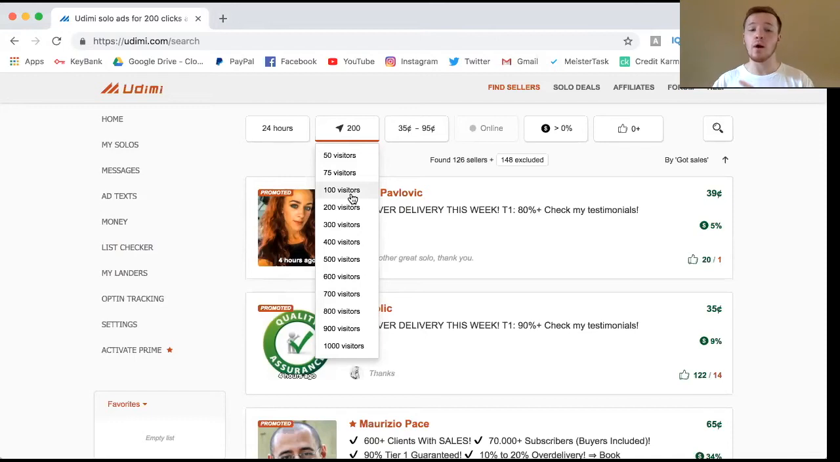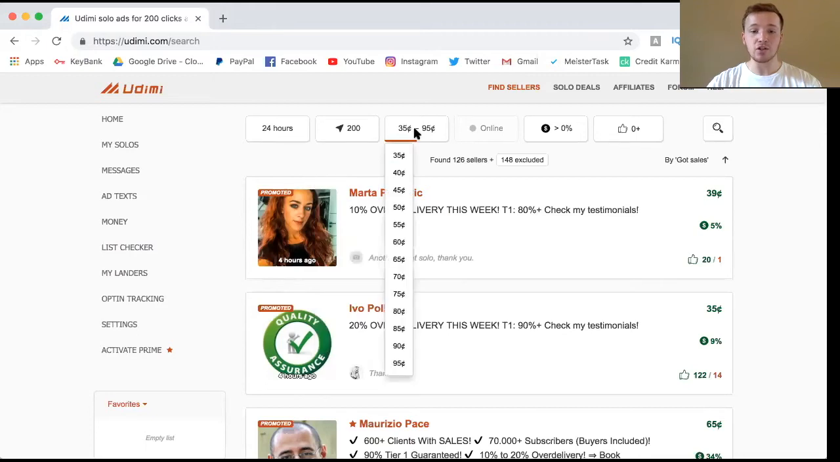If that keeps going well, then I'll keep scaling up. So I would typically do about 100, especially when you're starting out. Right here, you're going to see how much you're going to pay per lead. Filtering this is pretty important, because there's a really low end, 35 cents, and then a high end, 95